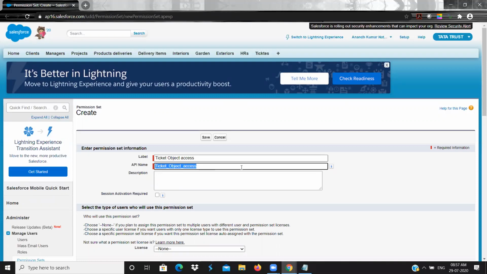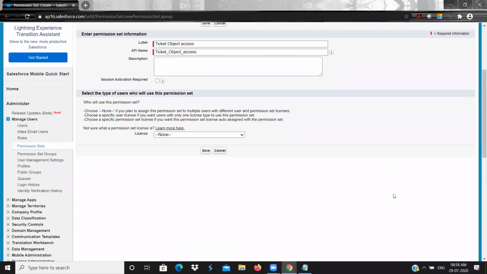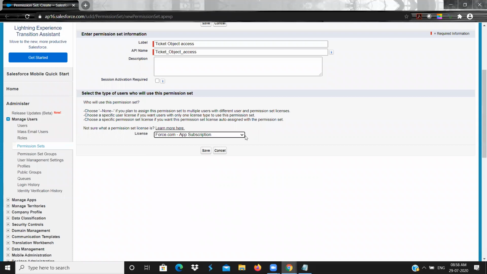Just scroll down. Based on the license you want to use this permission set, you need to select the license.